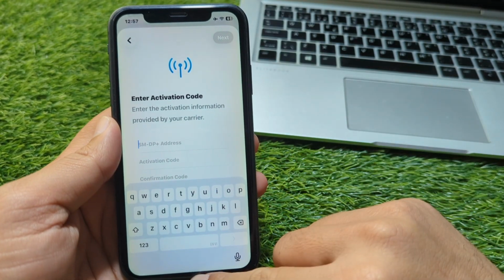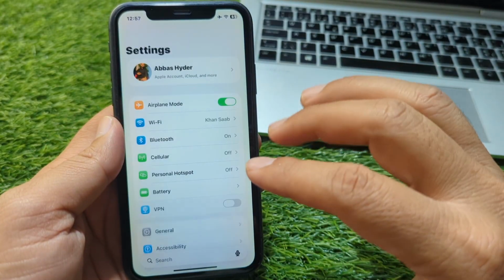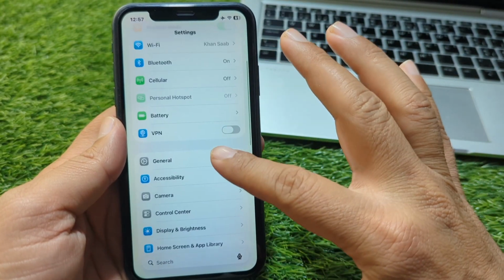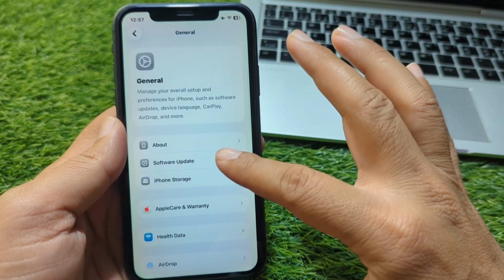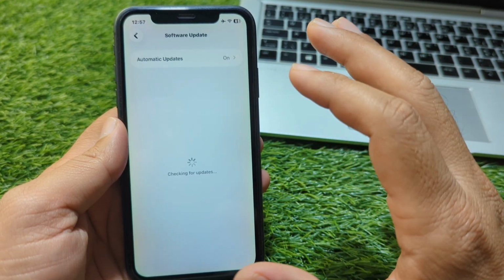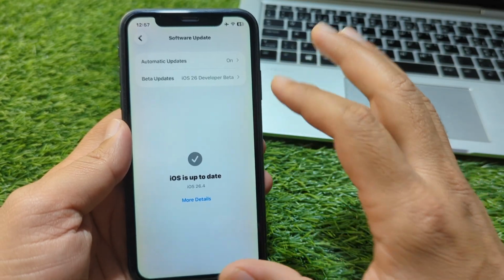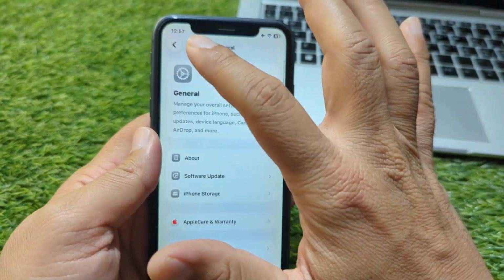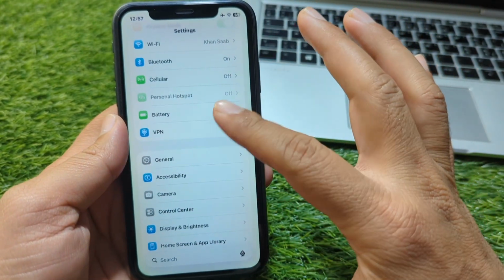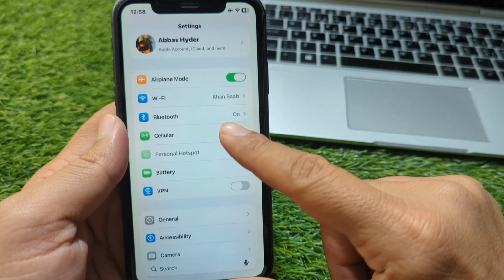So guys, first of all you have to simply go back to your home screen, and now you have to simply open settings on your device, and then you have to go to general, then go to software update, and make sure that you are using the updated version on your iPhone. So guys, do this, and after this go back, and now you have to simply go to cellular from here. So guys, go to cellular settings,